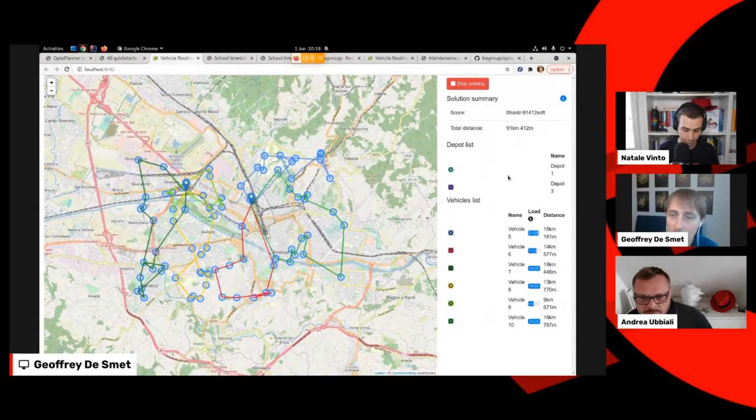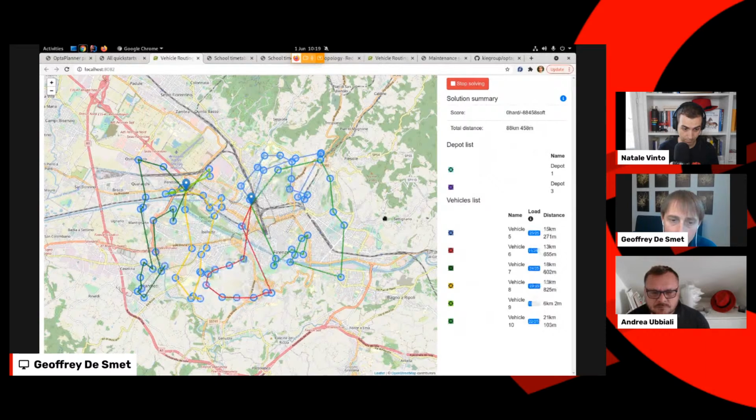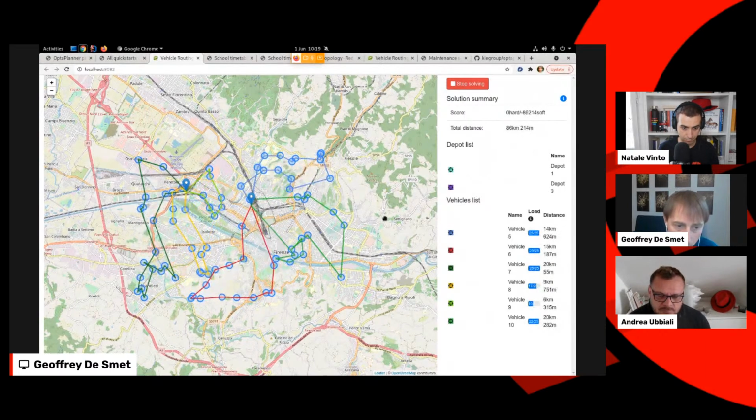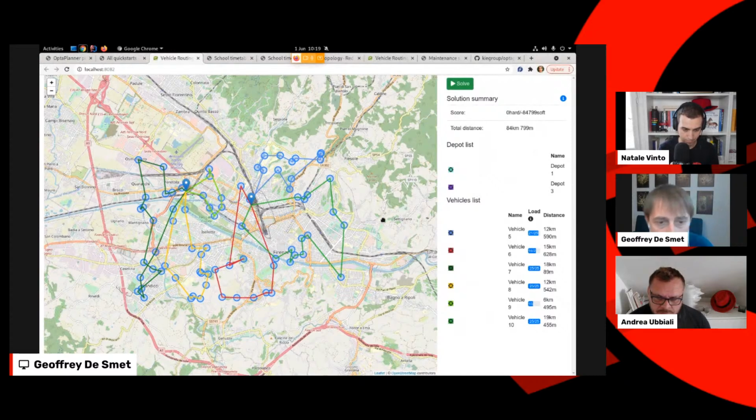Right now, this implementation is optimized on distance, but in a real-world use case, you would use Google Maps integration. We have a more advanced example that shows how to do that, or OpenStreetMap integration. And then you would not use distance, but you would use time, right? Because you want to reduce the amount of travel time, typically. Now, if you reduce the travel time, you will reduce distance typically too. Usually it's a win-win situation, but there are some exceptions, of course.